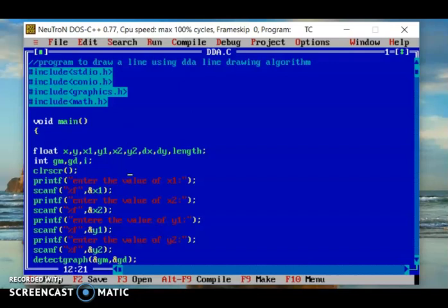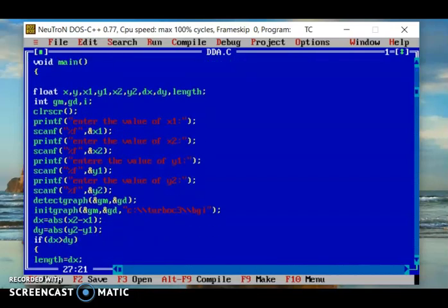Then in void main, you can see that I declare float x, y. These are the next coordinates. If you want to draw a line, we know x1, y1 and x2, y2, which means we know only the starting and ending points. x1, y1 is your first point.